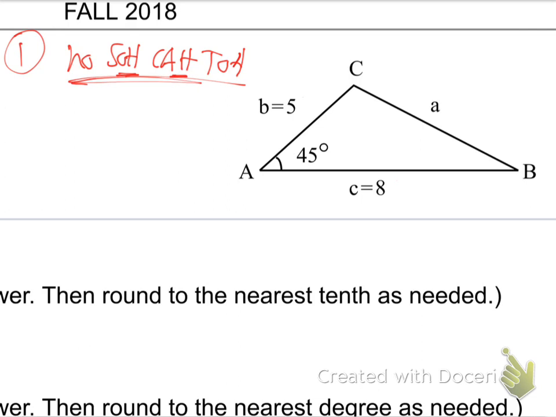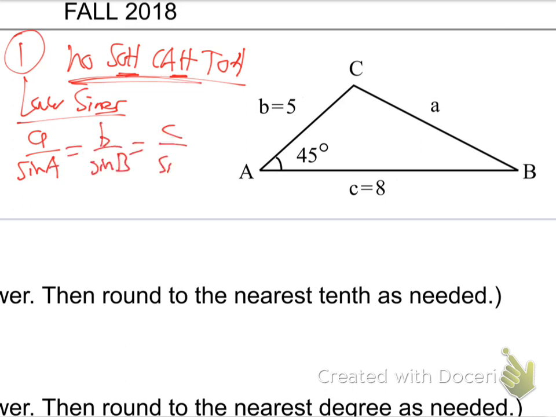Let me show you. If you tried to do law of sines, how does law of sines work? Remember law of sines? It was just last night's homework. That was little a over sine A equals little b over sine B equals little c over sine C, right? And you use any 2 fractions you want. Okay, so what would I say? How about this angle with this side? That would be little a over sine 45 equals,